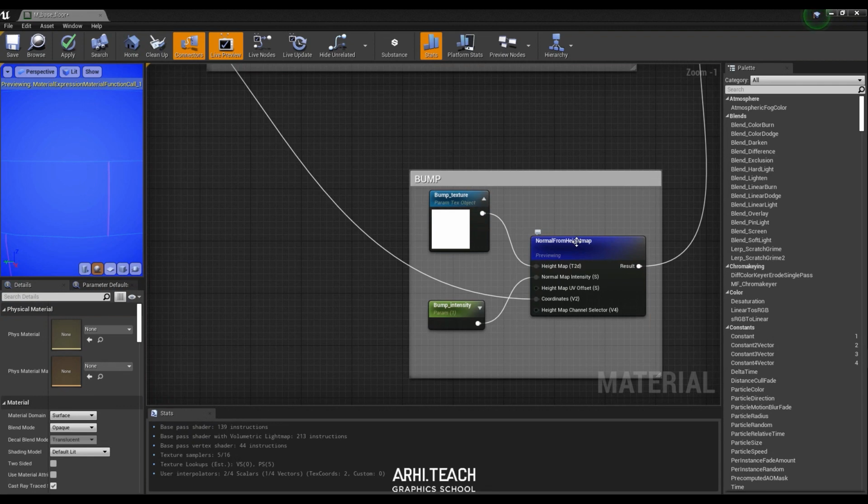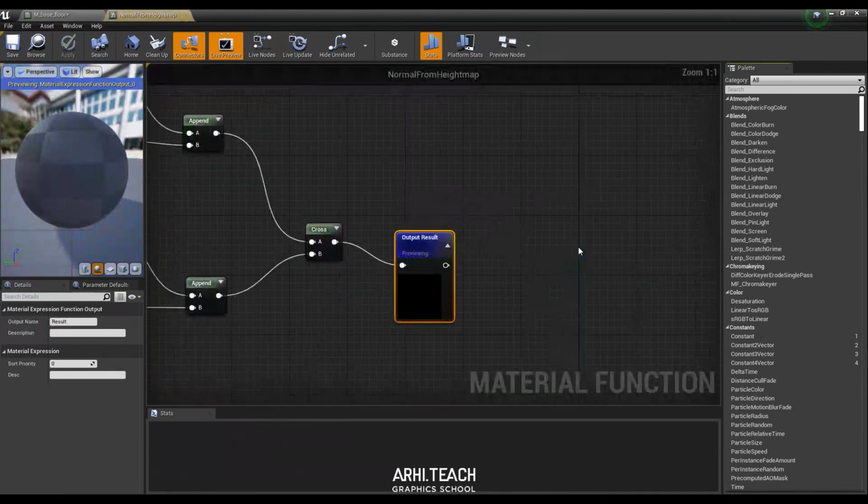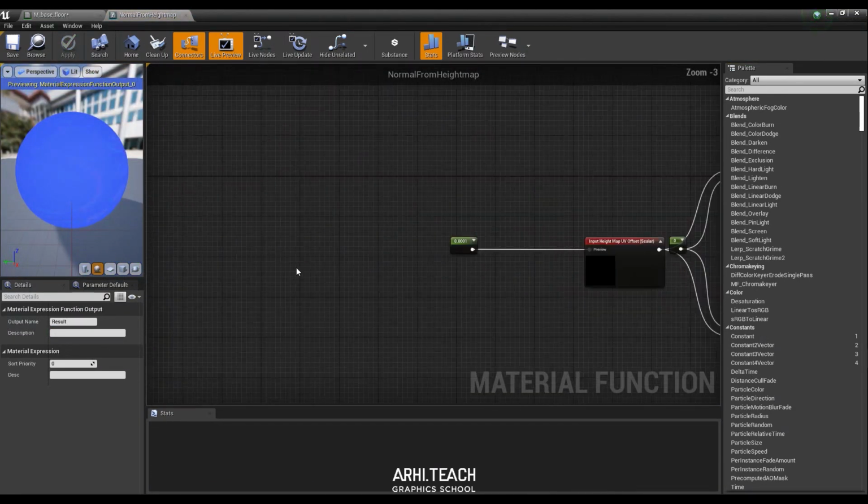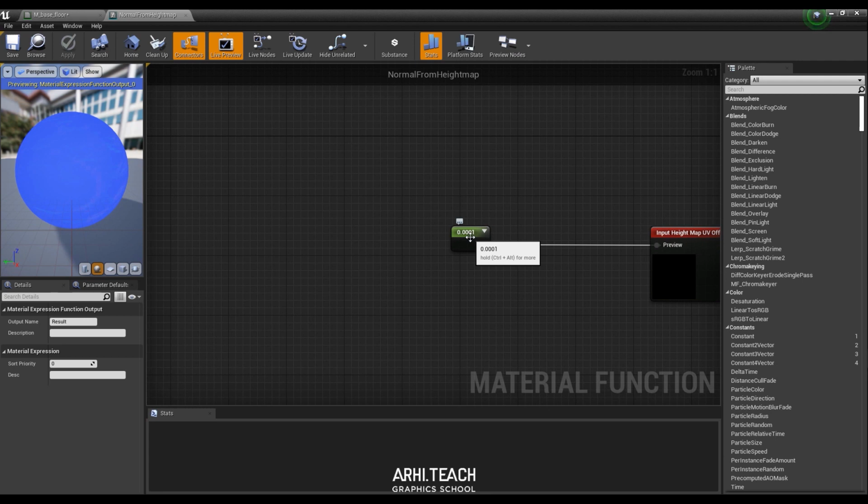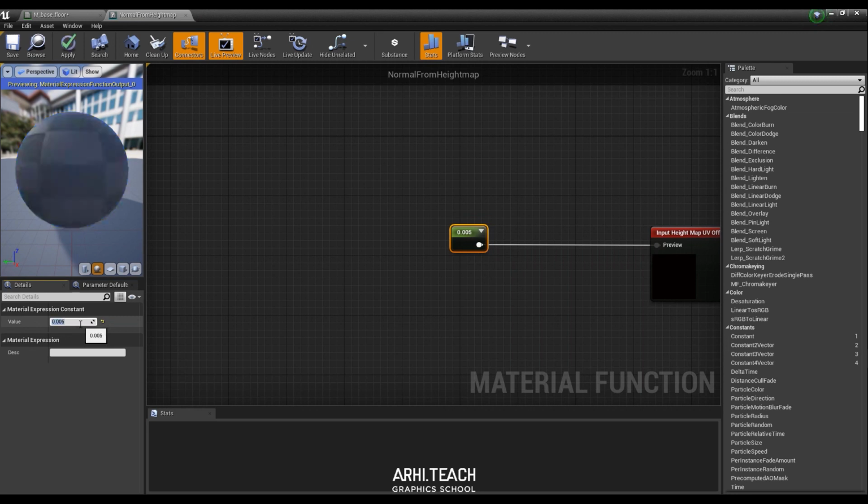And look, one more little thing. When we use normal from height map, we need to go into it twice. And by default, the system is set here 5000. That is, this value makes too much of a shift. Now let me show you what I'm talking about. By default, if my memory serves, the value was set to 5000 here. And you saw such a blue texture here, so it was not as saturated as it is now. This is too much of a shift.